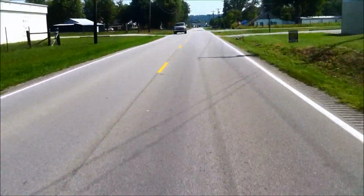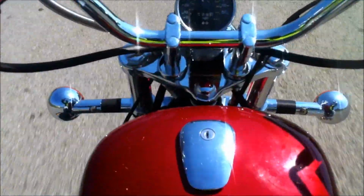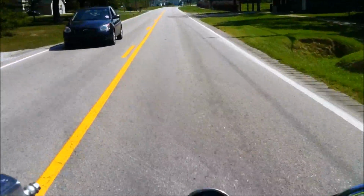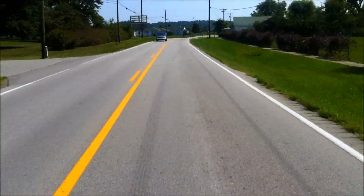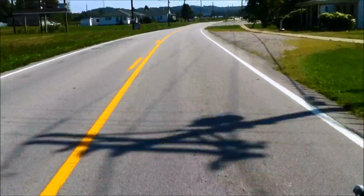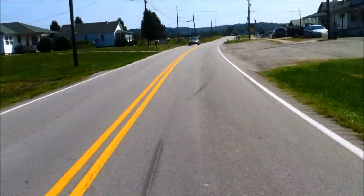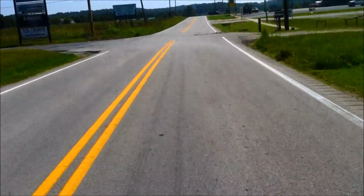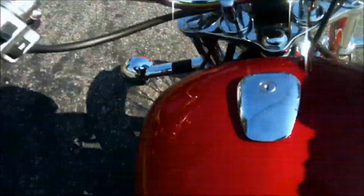It does have everything of those 80s and early 90s cruisers. Has the more upright position, the high handlebars, I don't even know what you would call that style seat, but the style seat that you used to see on cruisers that are 20 to 30 years old. It is a firmer seat, but it's actually not uncomfortable. That's a bit different. I'm used to the plush seats on cruisers,